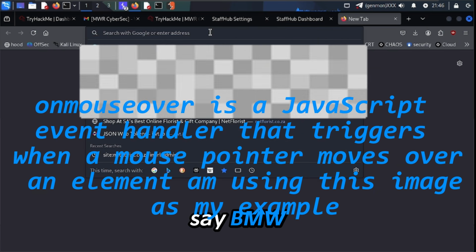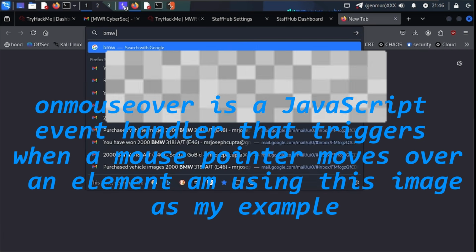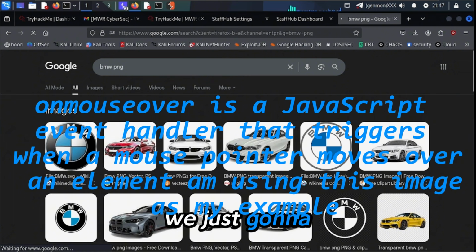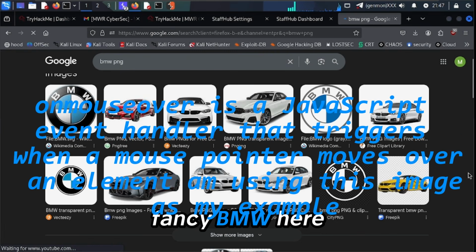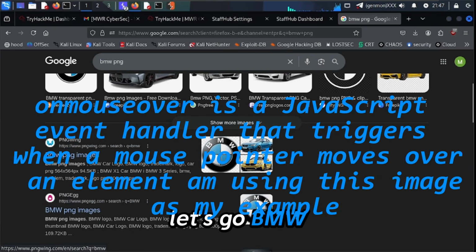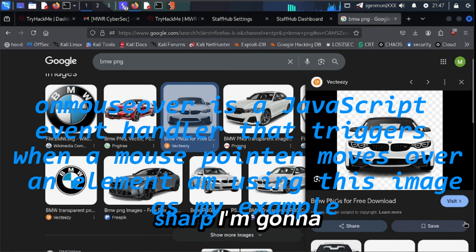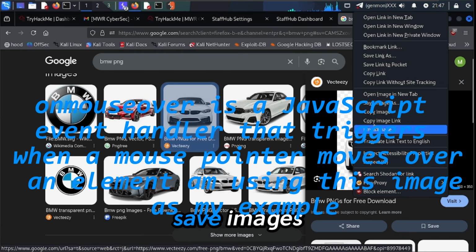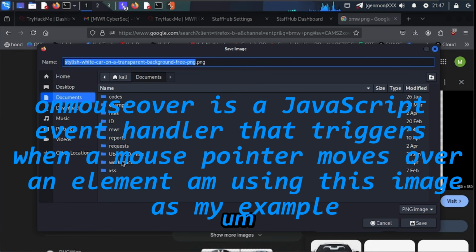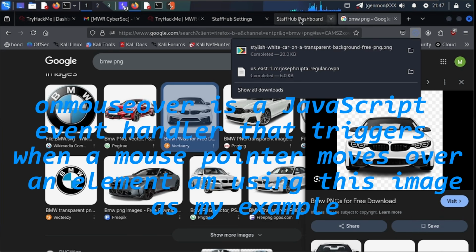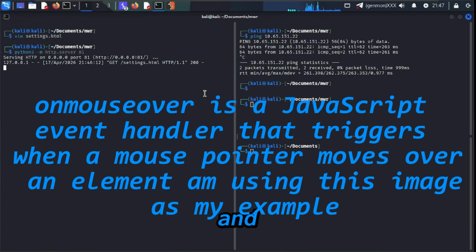We're gonna say BMW PNG. We're just gonna look for a fancy BMW here. Let's go. BMW. Yeah, this looks nice. I'm gonna save images, documents. I'm just gonna save it here in this file folder, which I'm hosting my page, my web application, and